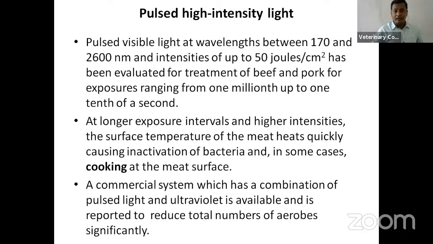Pulsed high intensity light is also used at wavelengths between 170 and 2600 nanometers at intensity of 50 joules per square centimeter to reduce the microbial load. But at some places it gives a cooked appearance on the meat. It's a limitation. So likewise, various kinds of carcass decontamination processes are used. Whether a particular technology is being used in a